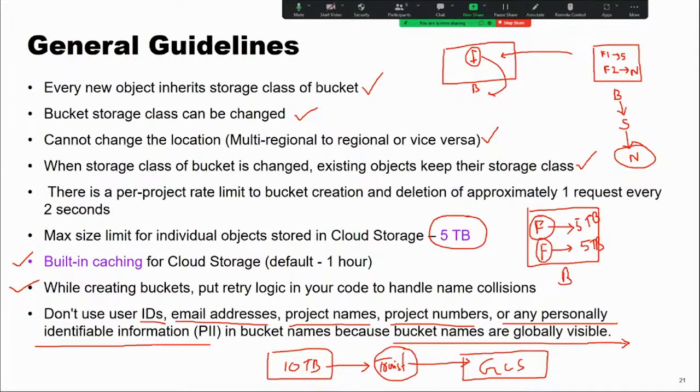Now we have come to a situation where in very little time we can store even petabytes of data in Google Cloud Storage as well. The reason we are using the cloud is scalability.